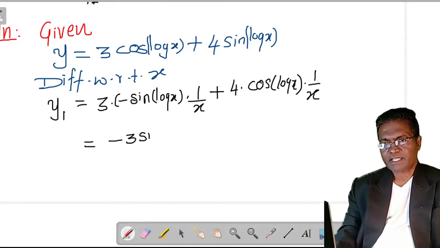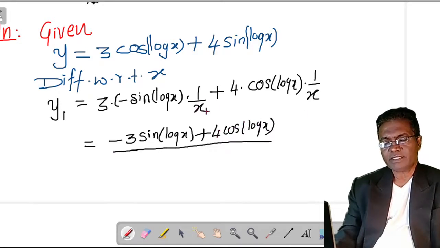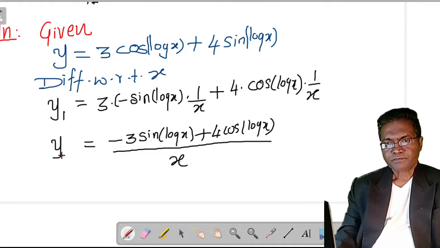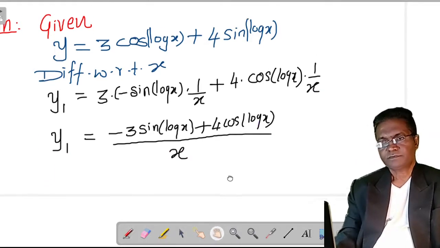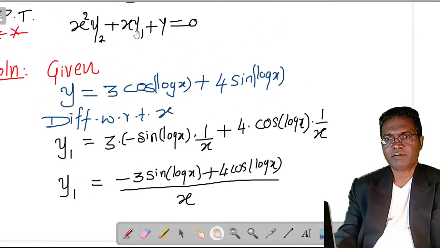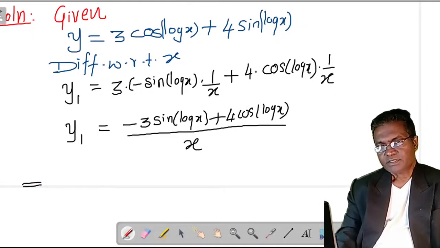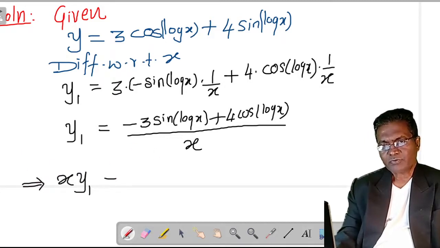Minus 3 sin log x plus 4 cos log x, whole divided by x. x is the common denominator here, and we have x here, so I can write x out here. Okay, now you can transfer x this side, because here we want the expression in this kind. So cross multiply, bring this x this side, and you'll get xy1 equals